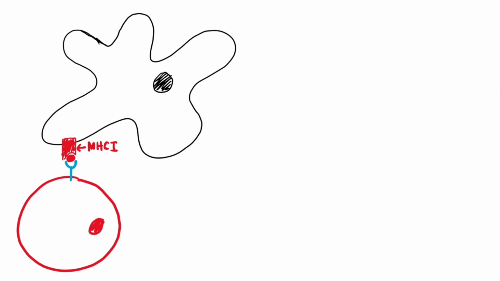This cytotoxic T cell will then bind to the antigen using its T cell receptor and strengthen that bond with CD8. Following this, the dendritic cell will express its co-stimulatory molecules CD80 and 86 to the cytotoxic T cell, which will be bound by CD28 on the cytotoxic T cell. For the third and final signal, the dendritic cell will release cytokines that will bind to cytokine receptors on the cytotoxic T cell, thus giving it the final signal to say, yes, it is okay, you can go out and